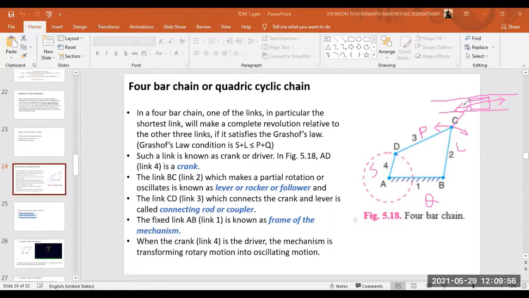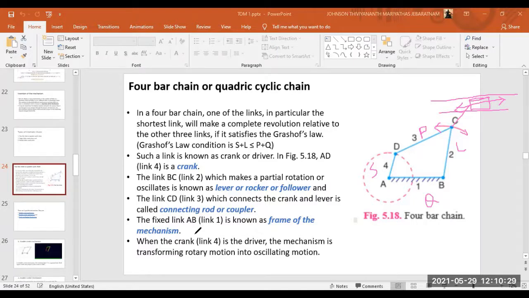Based on our requirements, we can fix certain links, and we can make different types of motions. When the crank is the driver, the mechanism is transforming rotary motion into oscillatory motion, right? So now this rotary motion is transformed into oscillating motion. Now compare these terms with the terms you refer to in the automobile,